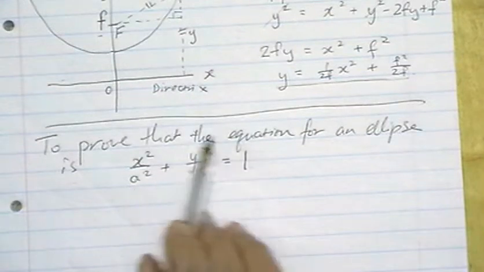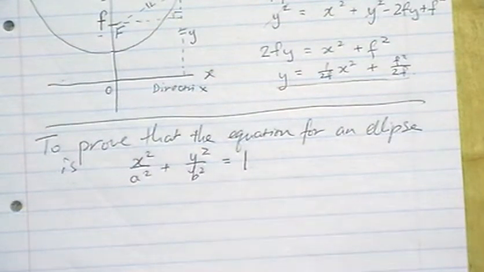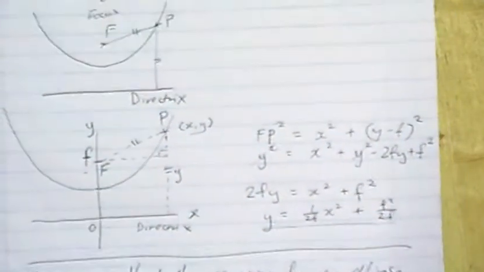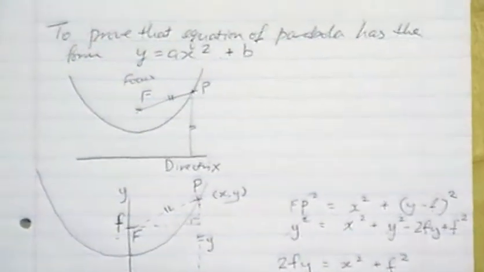This is a familiar form of an equation for an ellipse. Again, we start from the definition of an ellipse. Now, there are more than one definition for an ellipse. One of them